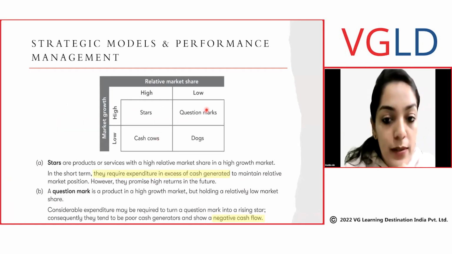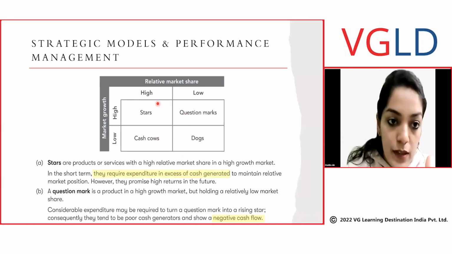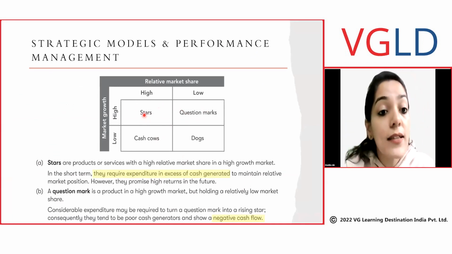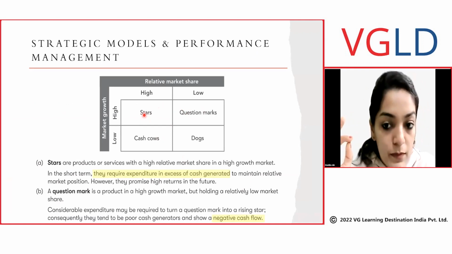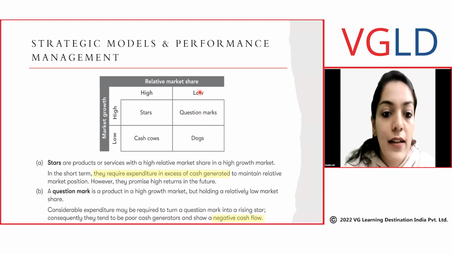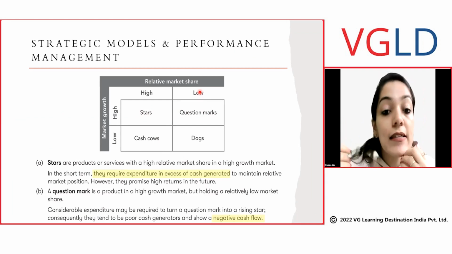What are question marks? Low market share and high market growth. So all of you will conclude that yes, it has a high market growth. In fact, its own growth is higher than the market growth. So definitely it has a lot of potential. But market share, I said that there is no clear demarcation in the BCG metrics that this is high, this is low. It's all right to call it a star, or you could say that it is a rising star,